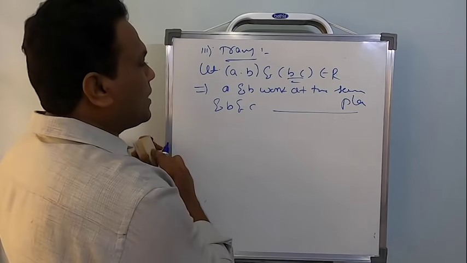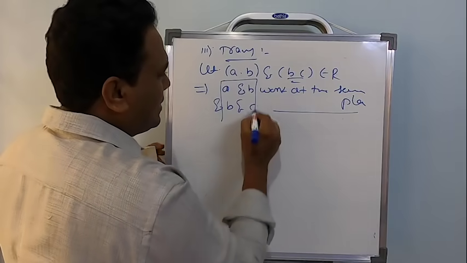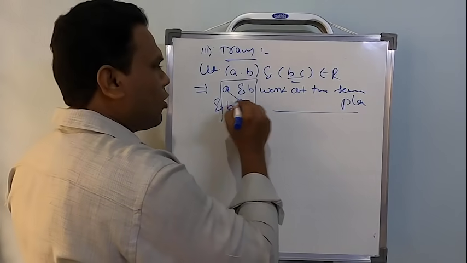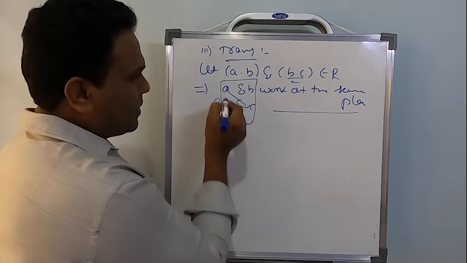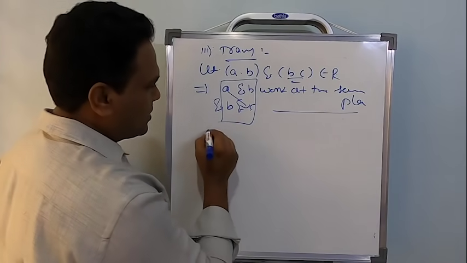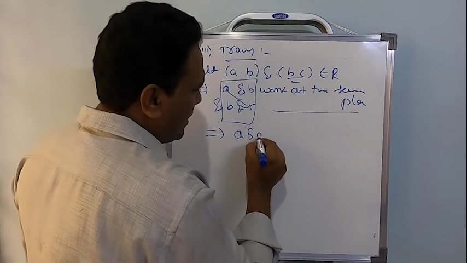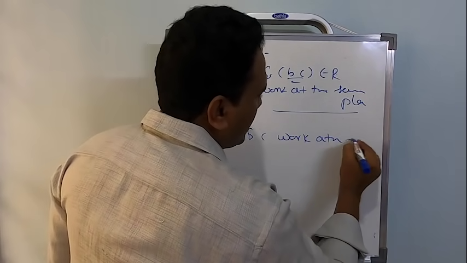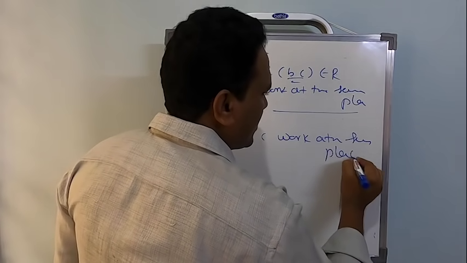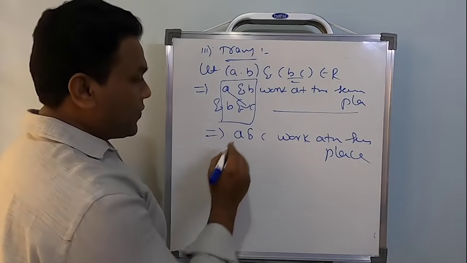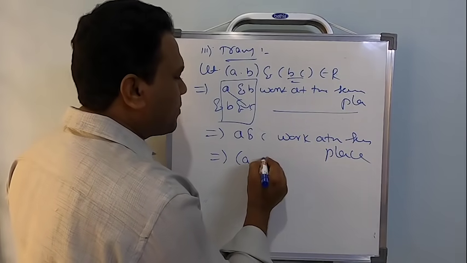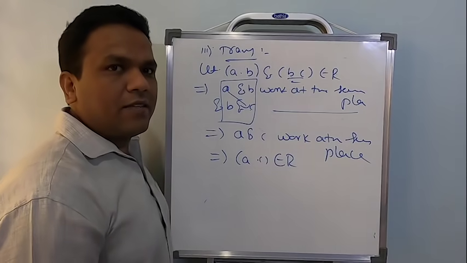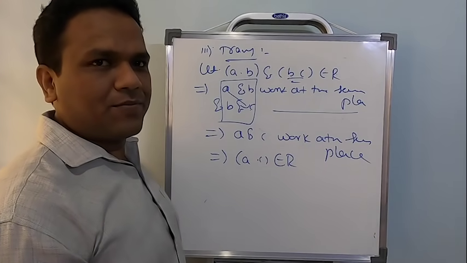Okay, fine. Now, as you notice, under discussion there are three persons A, B, C. Now what I can say, all three are working at the same place, right? But I need to relate these two. This certainly says A and C work at the same place. Now if A and C work at the same place, then the ordered pair (A, C) belongs to the relation. Hence the relation is going to be transitive.